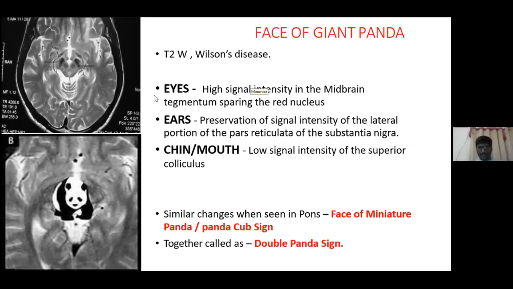You can ask. Can you once again repeat the difference between FLAIR, T1 and T2? Actually, I'm new to neuroradiology, so I am getting confused with the basic terms. Sure, I will answer. That is the main thing. If you don't know the T1, T2 and FLAIR sequences, and one more, diffusion weighted, this whole lecture is like Greek and Latin. So again I'll go back to the first image.